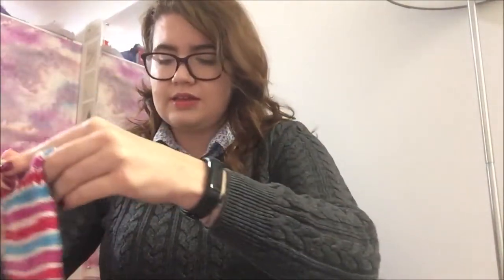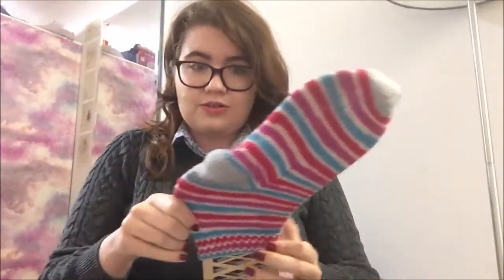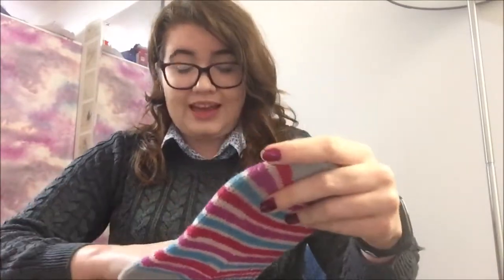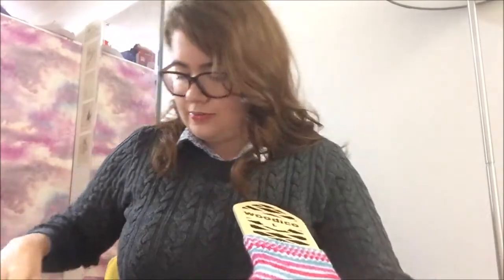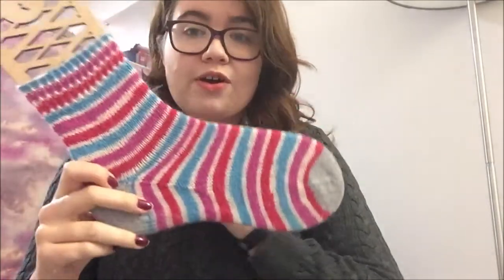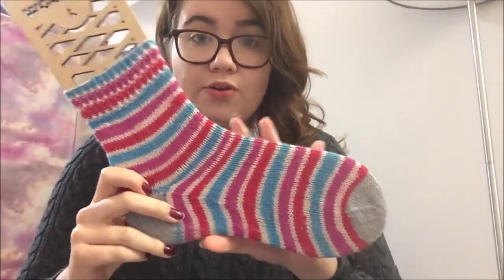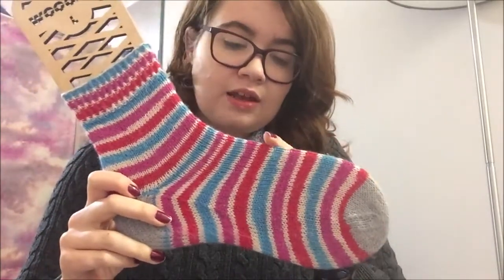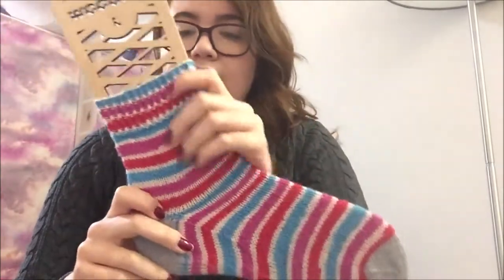I have since then finished 2 pairs of socks. I believe I was showing these last time. These are my West Yorkshire Spinners local yarn shop day socks. I have already worn them, and I've woven in the ends. Magical. So just to prove I've got 2, here's the other one, and here they are. So this was a ball of yarn that they released for local yarn shop day in 2017. So these are the colours in the local yarn shop day logo. I just did